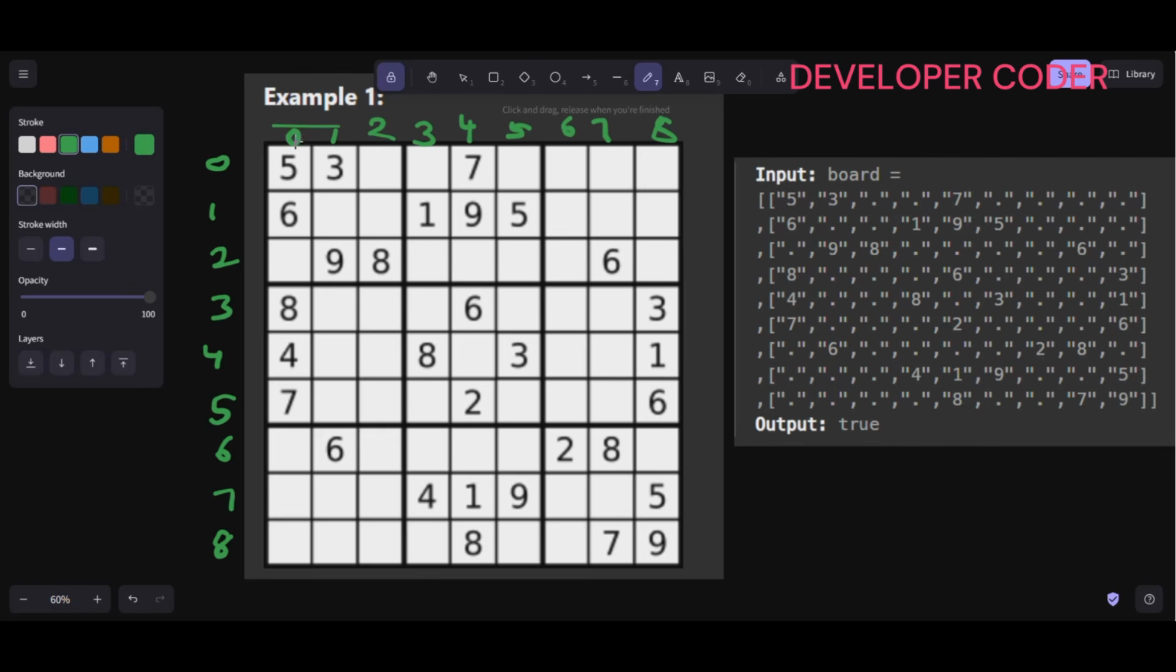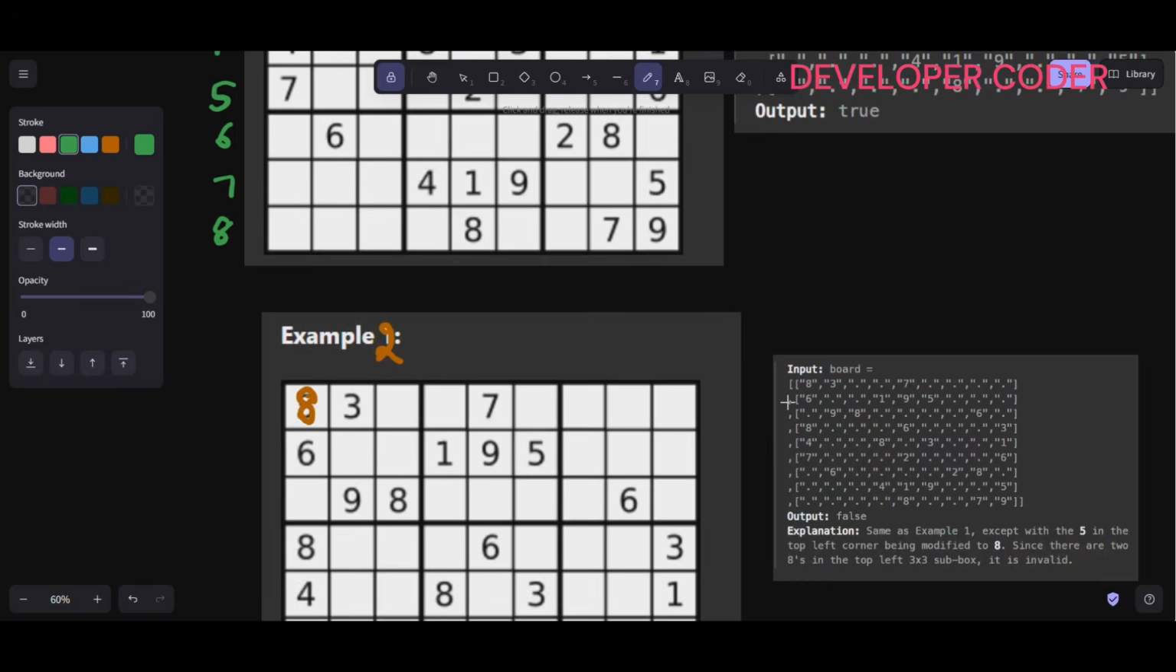Same way I have to check all the columns also, 0th column 1 5, 1 6, 1 8, 1 4, 1 7, right? I have to only check the filled values. I have to ignore this, right? Same way in the first column, only 1 3, 1 9, 1 6. Okay, all good. If you see example number 2 here,